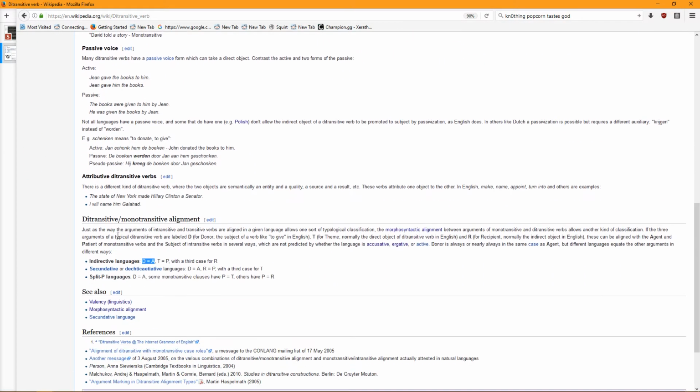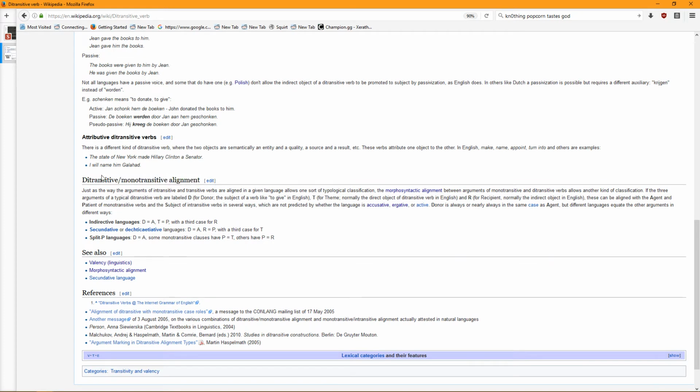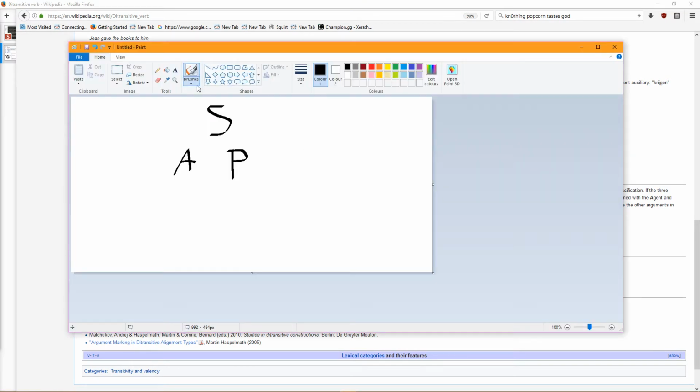So down here we have a section talking about the alignment, which is to do with how you treat things. In these languages, you see two common structures. Either the subject behaves like the patient of a sentence, and the agent gets something special, which is called ergative, or the subject and the agent behave the same and the patient gets something special, which is called nominative. So we have these two systems, ergabs and nomac, that are very, very robust and very, very useful for languages that only have divalency.